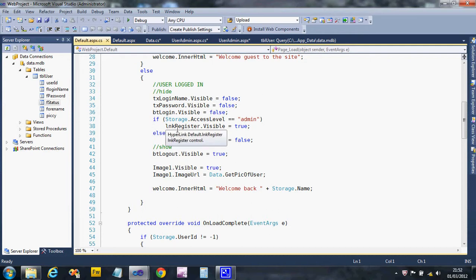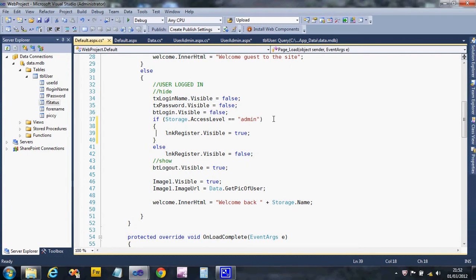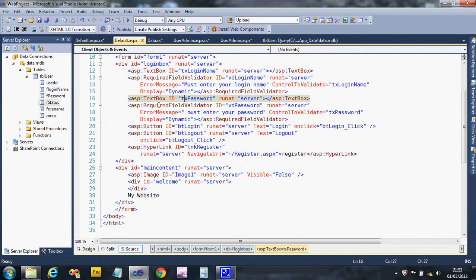I had register link visible. So I'm going to put braces in there so I can add more than one line of code. And what I'm also going to do is add another link that says, well, I haven't created it yet, so let's put a hyperlink